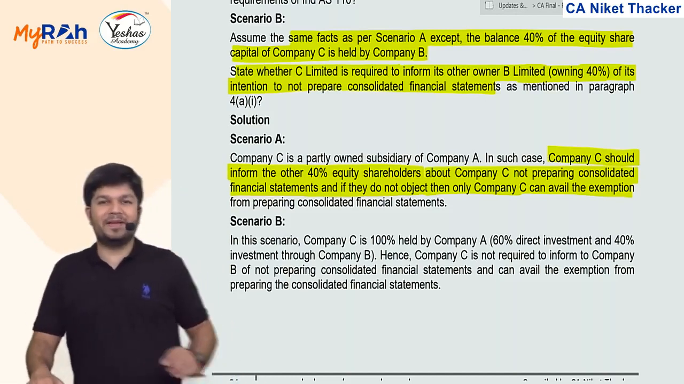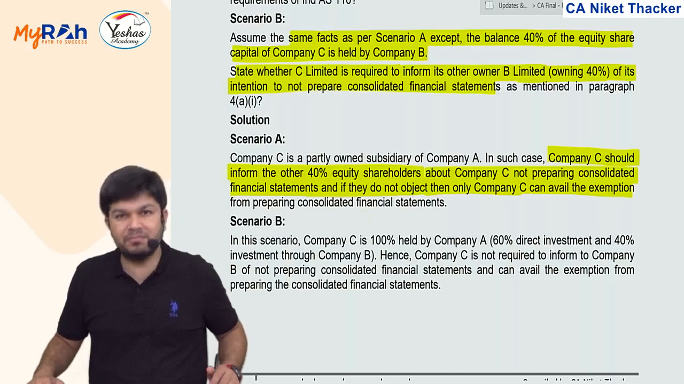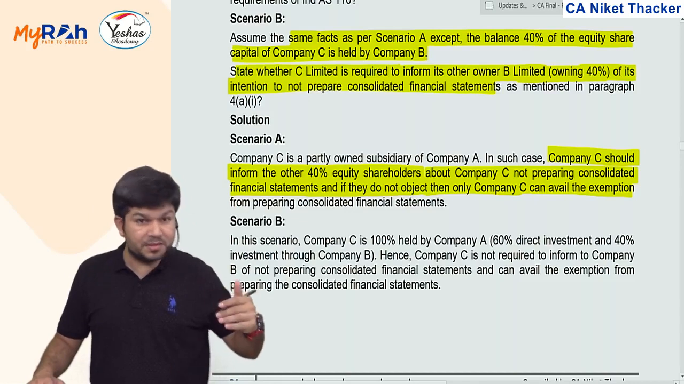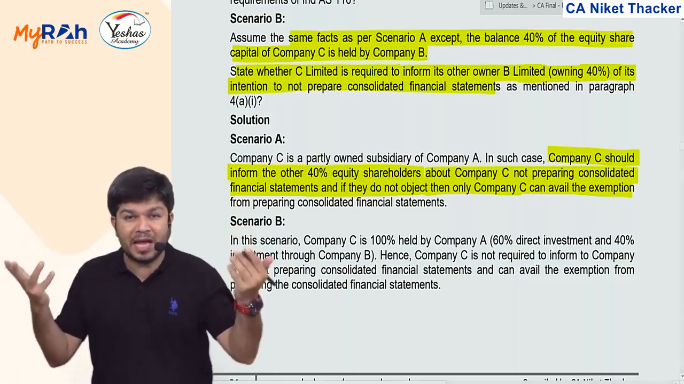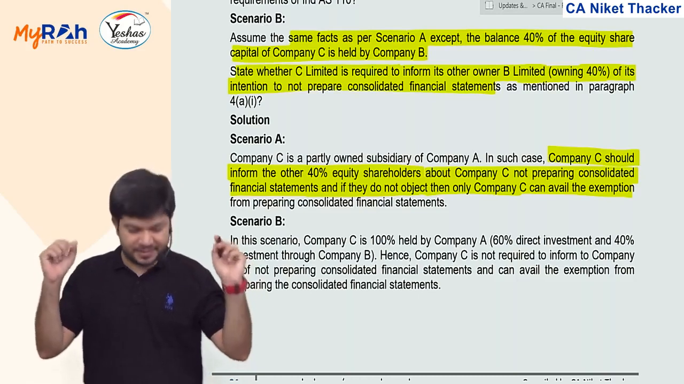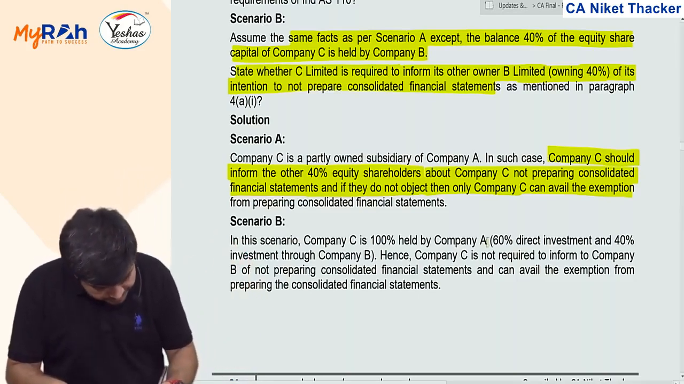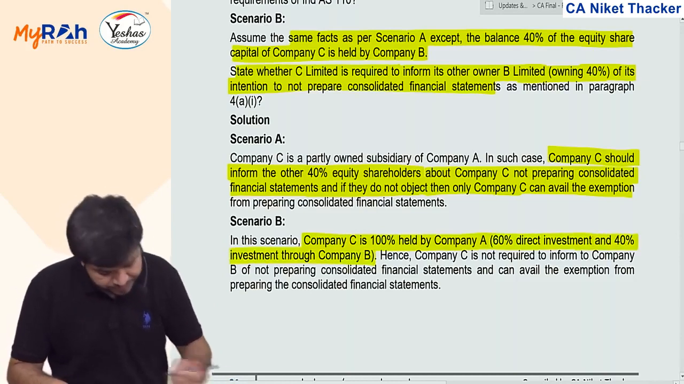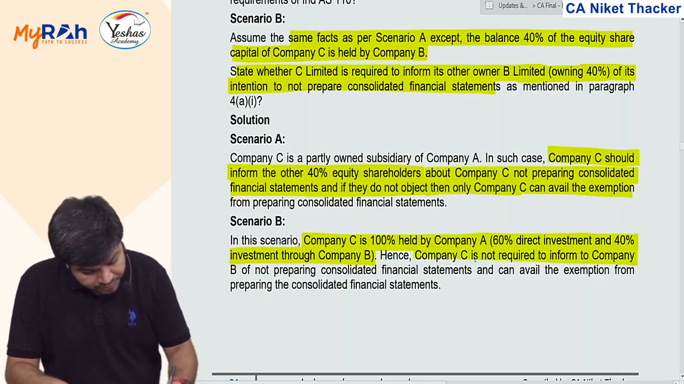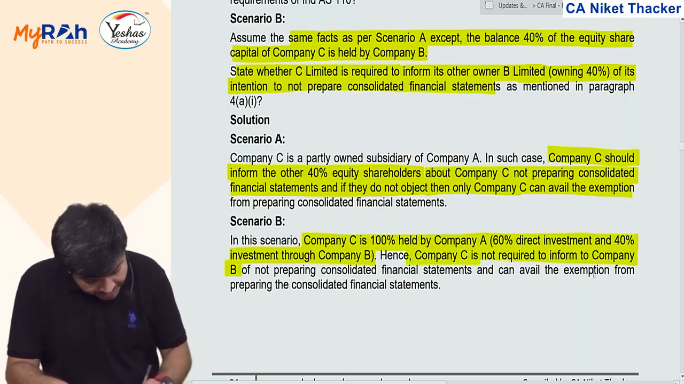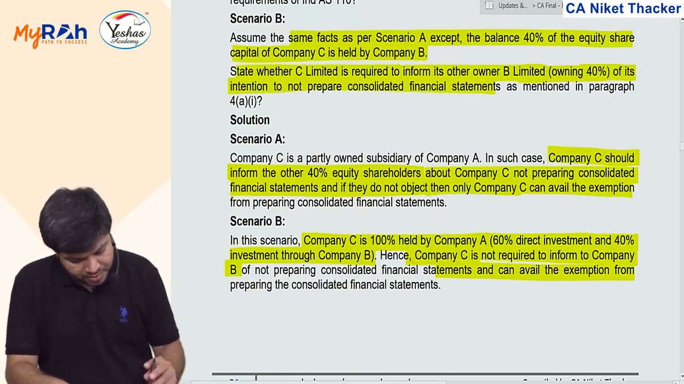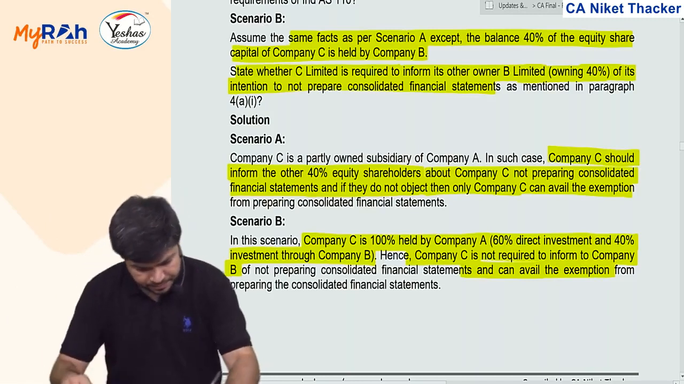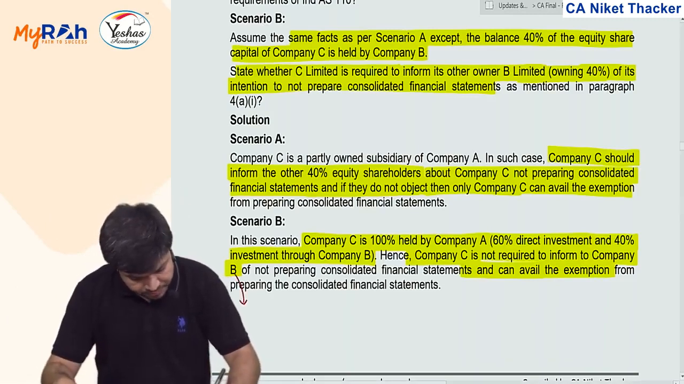Second case, 40% is held by B and B is 100% controlled by A. So B is 100% held by A. A's approval I have. I don't have to ask anybody else. So C is 100% held by A, 60% directly and 40% through B. C is not required to inform company B and can avail the exemption. You don't have to inform company B, as